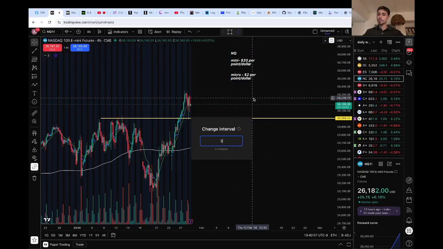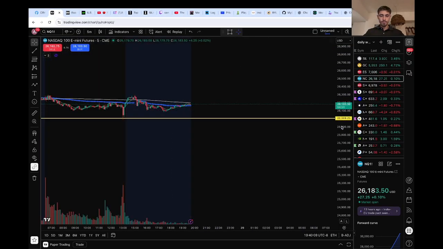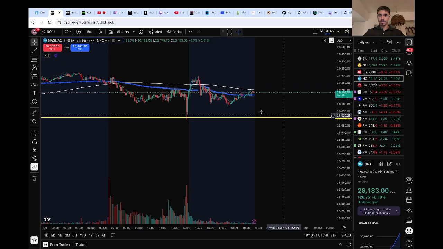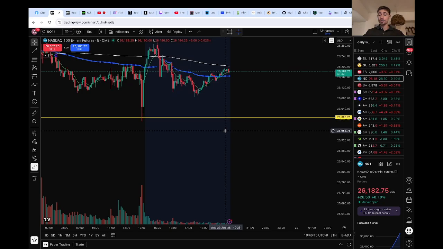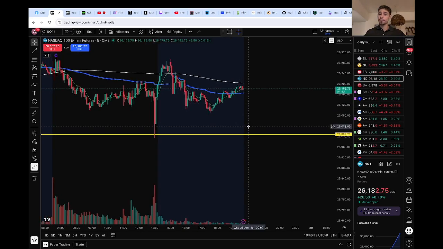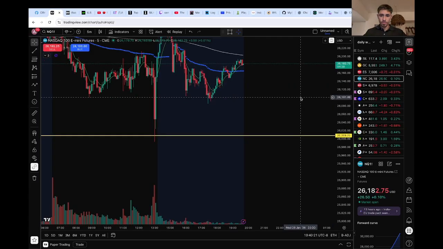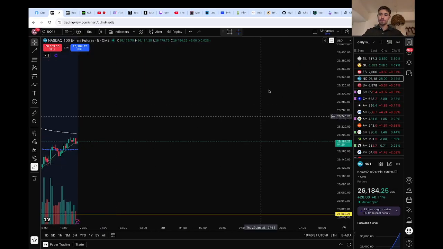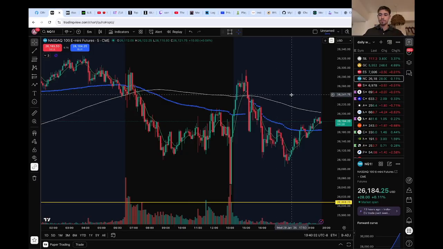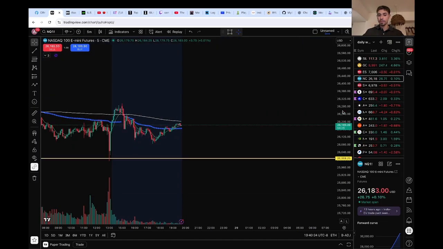If you take a look at just one candle on the NASDAQ, I've seen 100-point candles in very volatile conditions. There could be 200-point candles in very, very volatile conditions. But for the most part, you can see one candle is like from 124 to 140. That's a 20-point candle, right? If you do the math, 20 times 20 is $400.